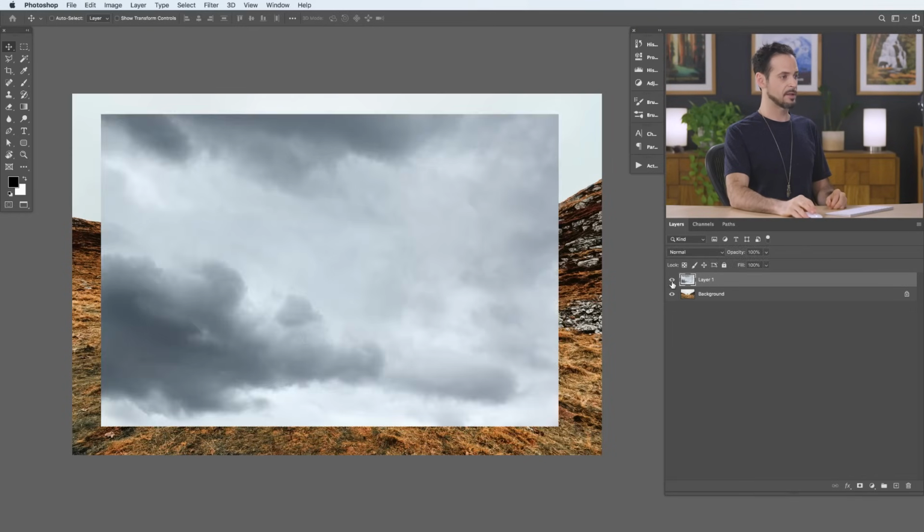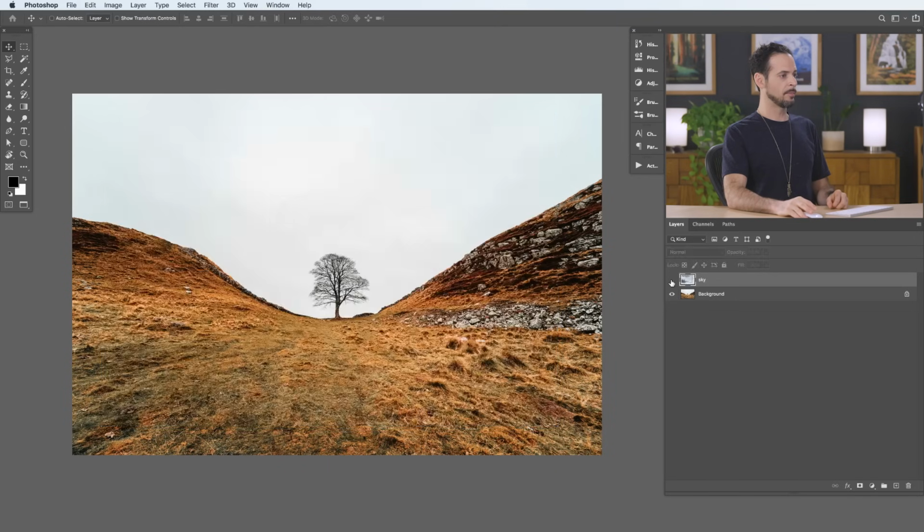This is this layer. I can use the little eyeball here to turn this off and on. We're just going to double click and call this sky and hit enter. So now let's go ahead and make this invisible. And we're going to click on our background and then make a new layer right above that. So right above our background layer, we have a new layer, and this is where I want to remove the